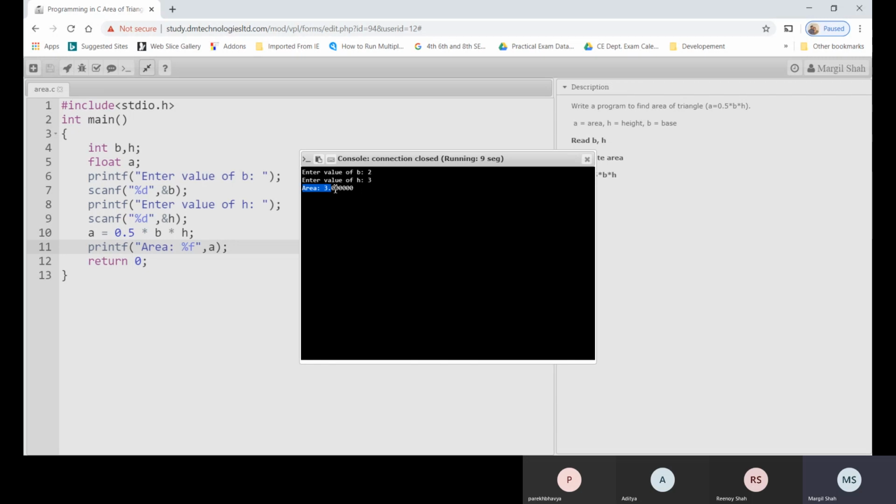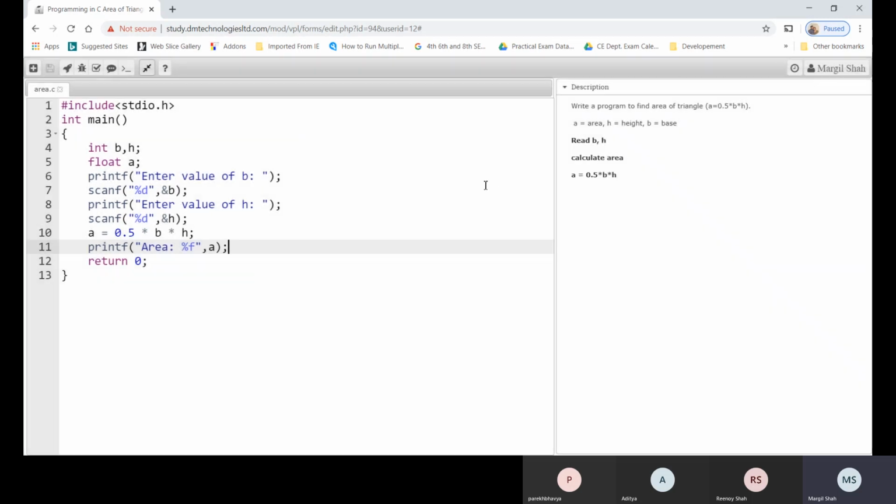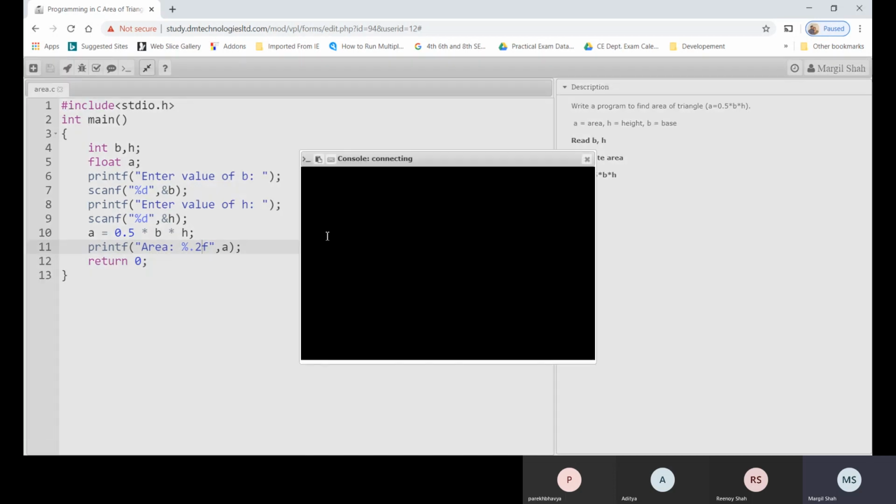After the 3 we have six zeros. So it may be possible to restrict or set the formatted output, like we want 2 digits after the precision. So let's put .2. 4.50, right?